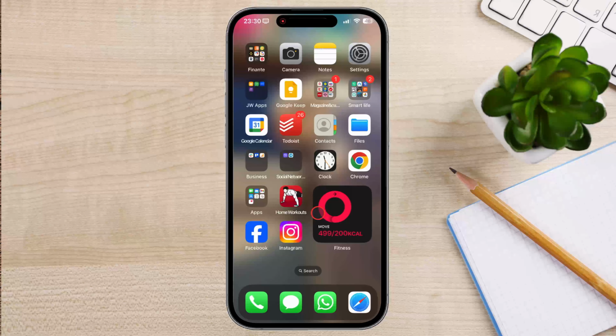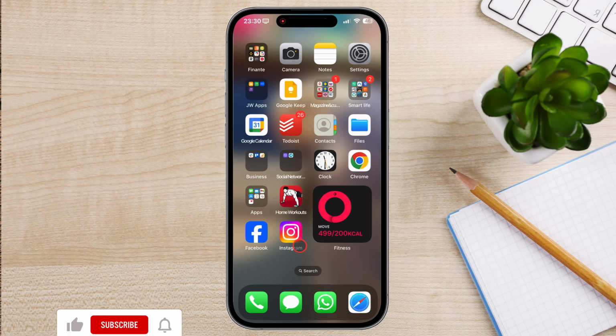Whether you want to confirm that your message has been delivered and read, or you want to ensure your recipients receive the same confirmation from you, this video will guide you through the simple process of enabling read receipts on your iPhone. Why should you enable read receipts on an iPhone?